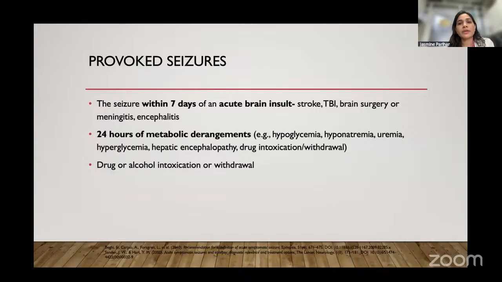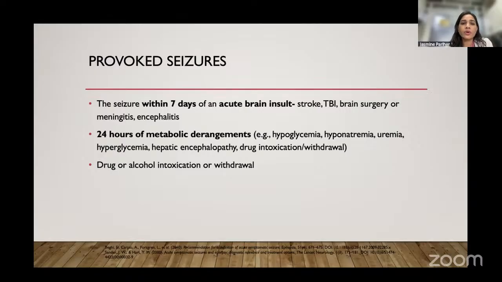For example, within 7 days of having a stroke, traumatic brain injury, or brain surgery, or when the patient is having active meningitis, during that period and 7 days plus or minus. If the patient is having encephalitis during that period and 7 days plus or minus, then you call this a provoked seizure. If the patient is having a seizure within 24 hours of a metabolic derangement like hypoglycemia, hyponatremia, uremia,